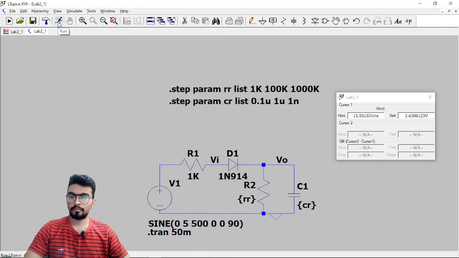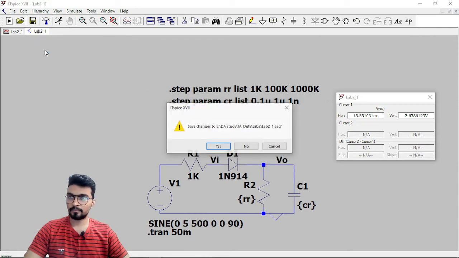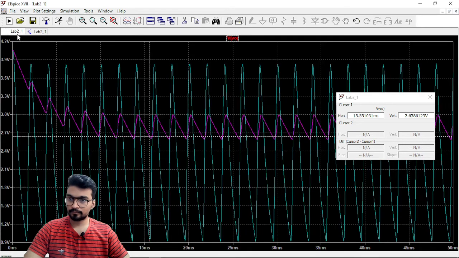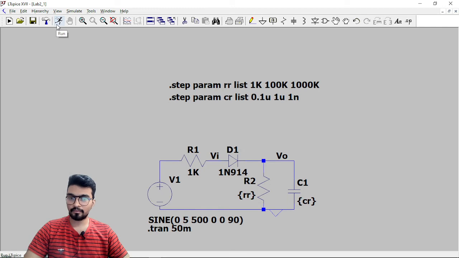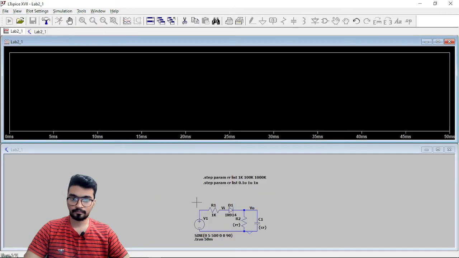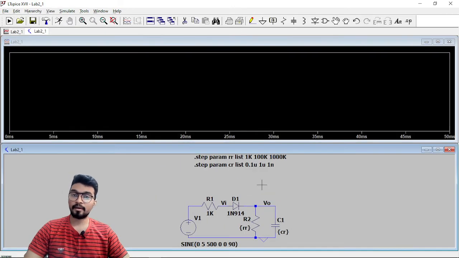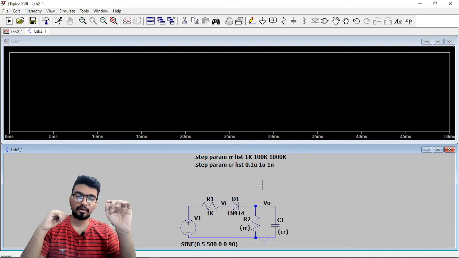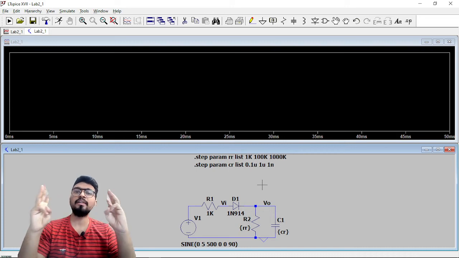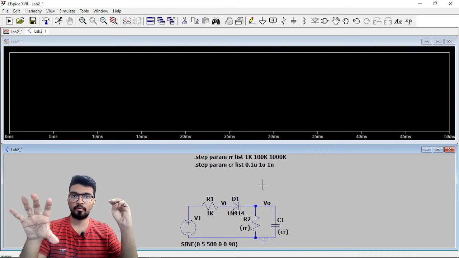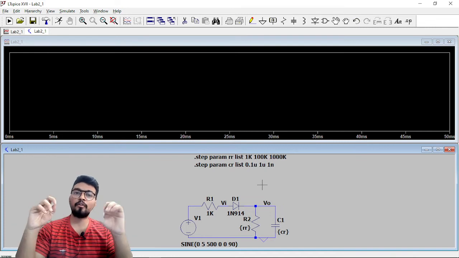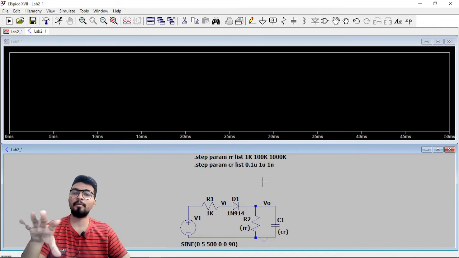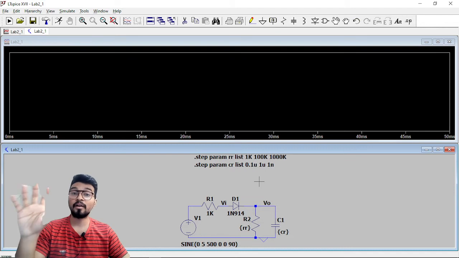So now once again run this, not this one, close this, and now run this once again. So now what will happen is, for each resistor value we have three different capacitance waves, or for each capacitor you will have three waveforms. There will be a total of 9 different waveforms.